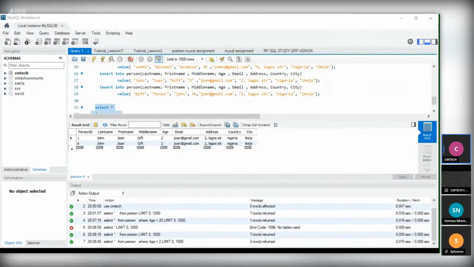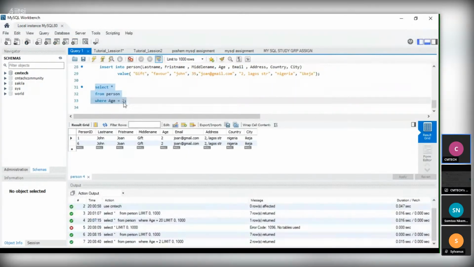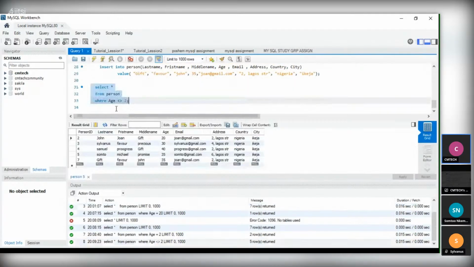So we are going to make use of the not equal to, or greater, or lesser than. Okay, let's see. Lesser than or greater than. So let's see this. Now, when it's lesser than and greater than 2, it gave us all these results. Did you see 20, 30 are the people that are lesser than and greater than 2.